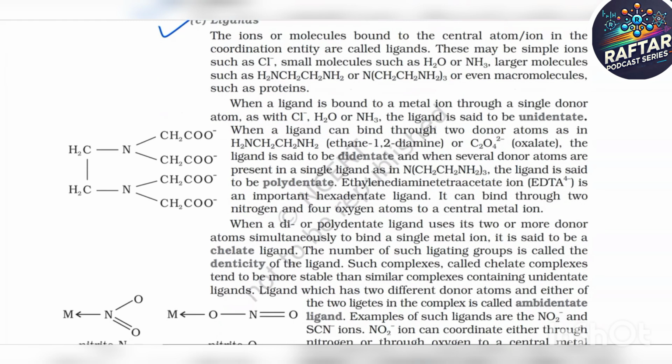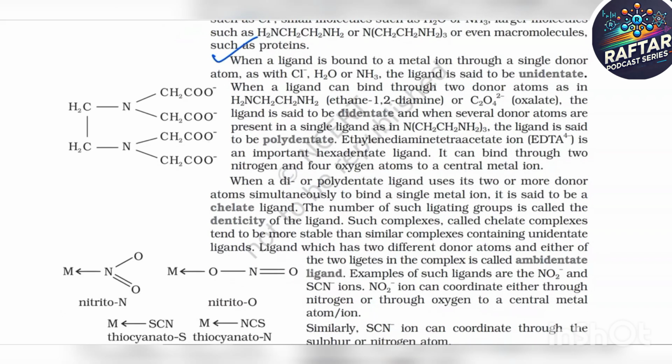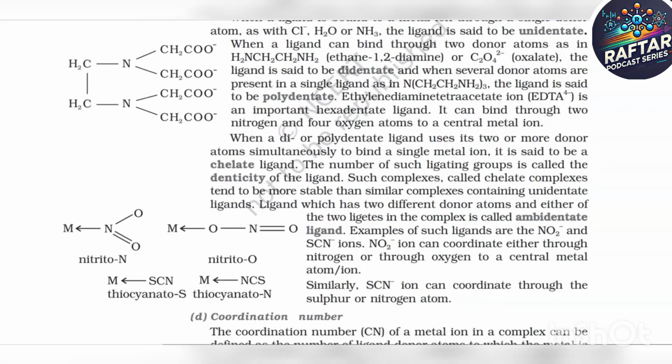These may be simple ions such as Cl-, small molecules such as H2O or NH3, larger molecules such as H2NCH2CH2NH2 or N(CH2CH2NH2)3, or even macromolecules such as proteins. When a ligand is bound to a metal ion through a single donor atom, as with Cl-, H2O or NH3, the ligand is said to be unidentate. When a ligand can bind through two donor atoms